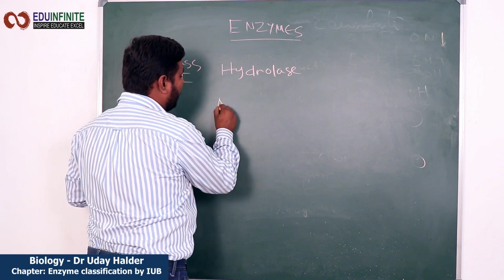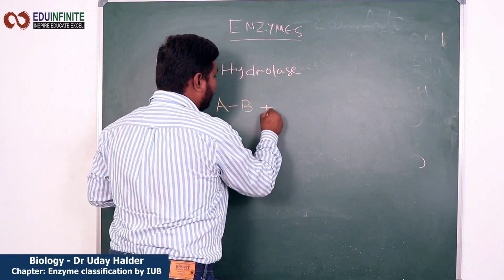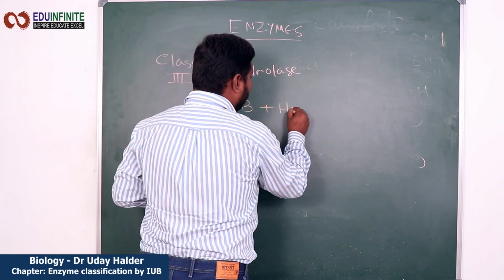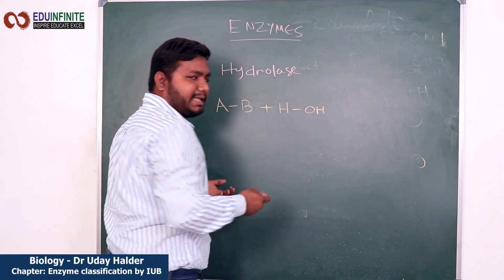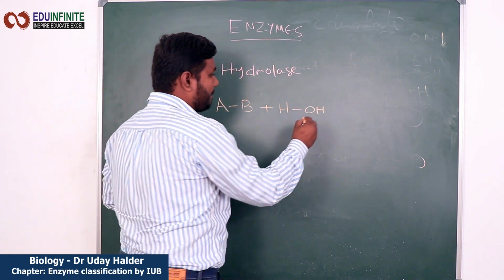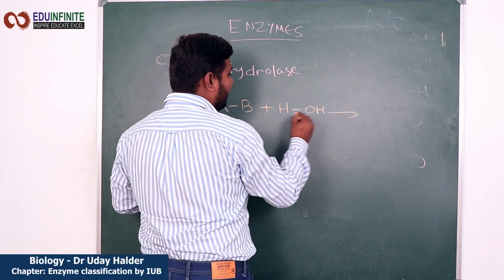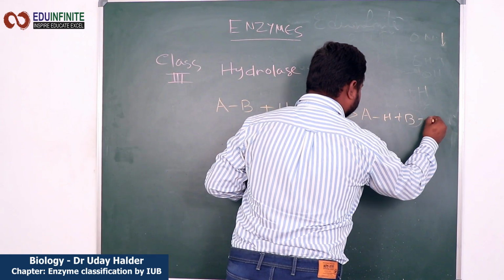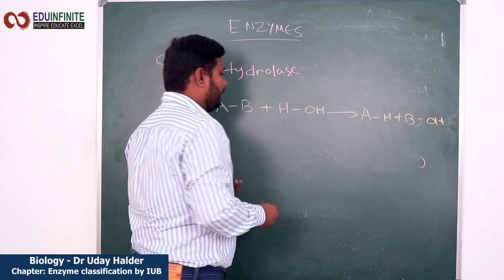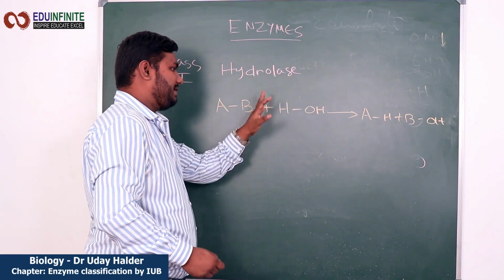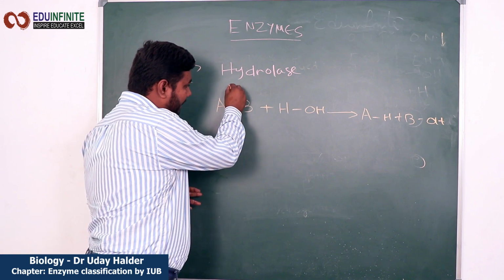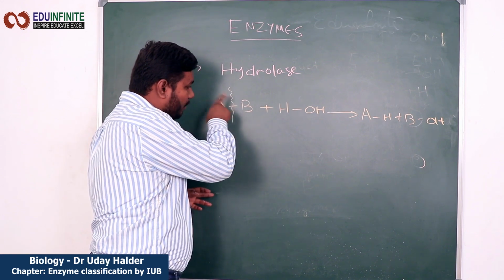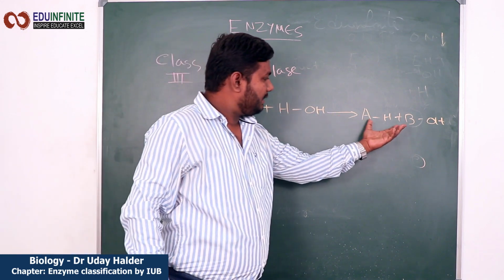Let's take a binary compound AB, and water we can write as HOH, and it will be converted into AH and BOH. So you see this compound AB, A bond B, is broken down into 2 parts using